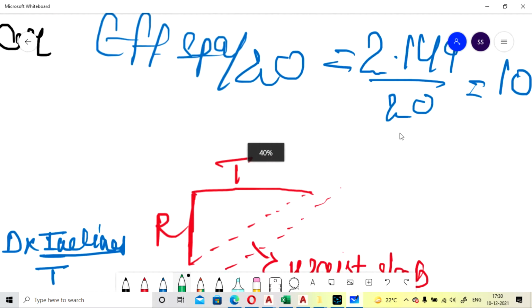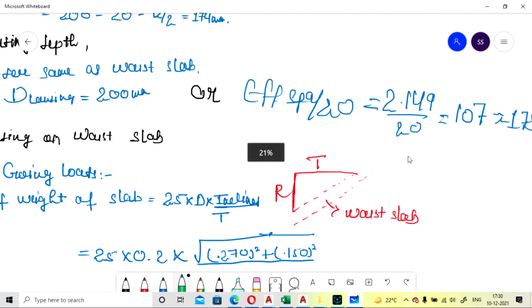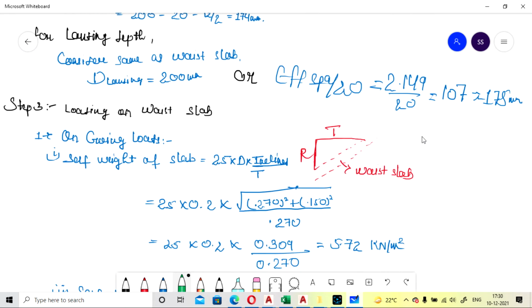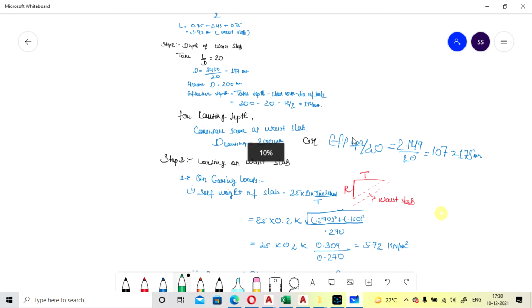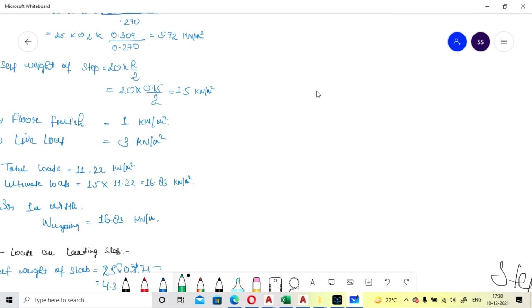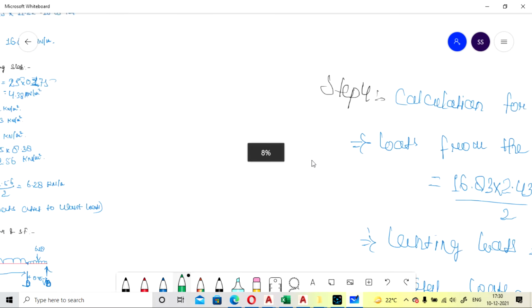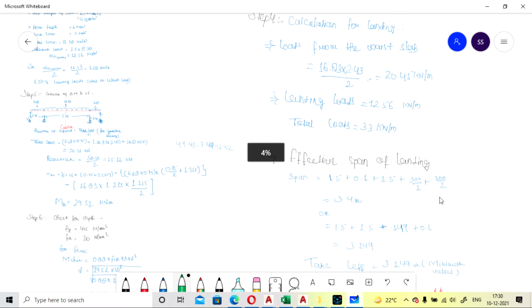Okay, so this effective span, I will show you, is not the same as for the base slab. This effective span will be calculated for the landing only, because we are going to calculate for the landing only. So for the landing, if you look at the landing only, the section will look different.